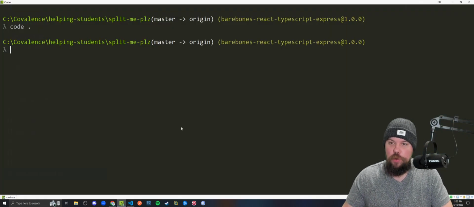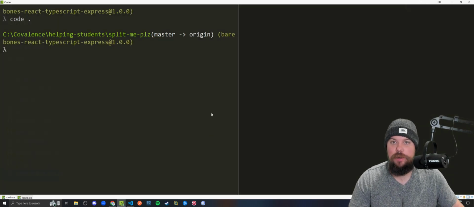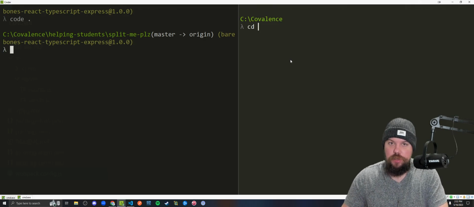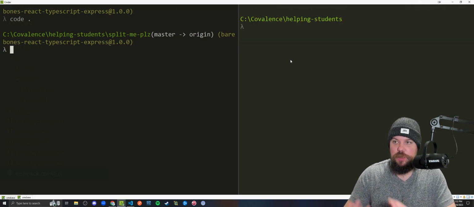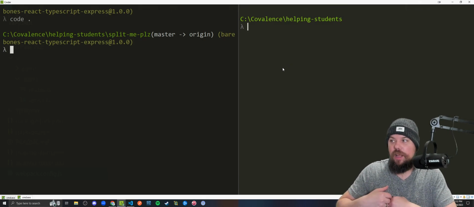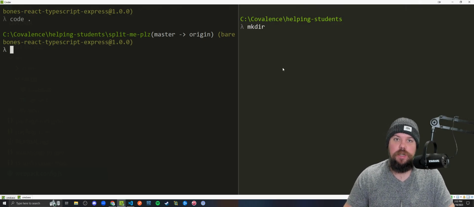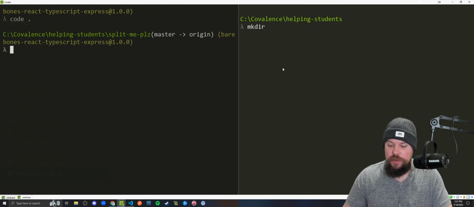I'm going to make a new window here in Commander, or your terminal, whatever shell you're using, doesn't really matter. I'm going to make a new window to the right-hand side here. And here in my helping students folder, just so they're equal, I'm going to make a new project that will end up being a new repository that I'll be maintaining as my server. So I'm going to make a new directory, and I guess we'll call this